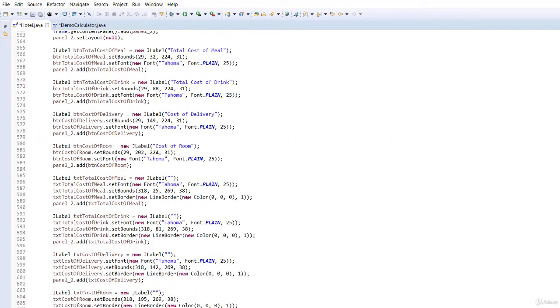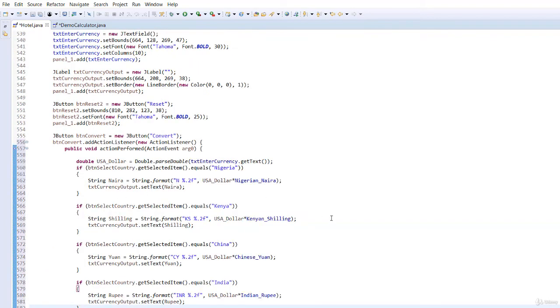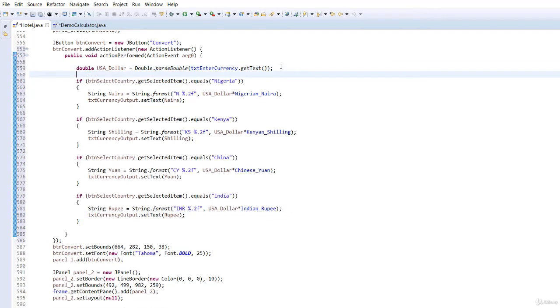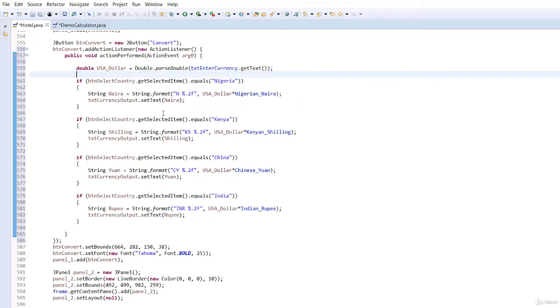Okay, so let's get back and kick off immediately. Now let me go ahead and put on the code for the converter. Inside here, I'll press this code here, and this is all the code for this. So double US dollar is equal to whatever you enter into the currency converter, that is the enter currency. Whatever you enter there, it will pass that to US dollar as an integer, and here it will go ahead and